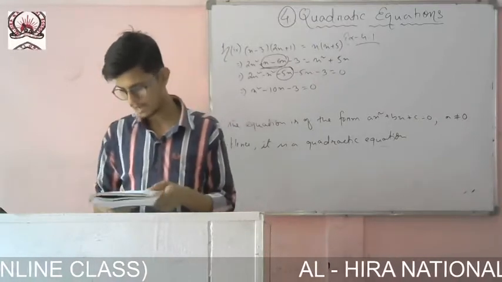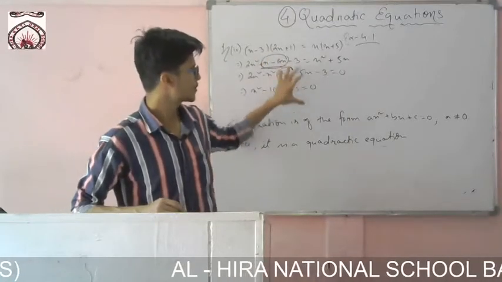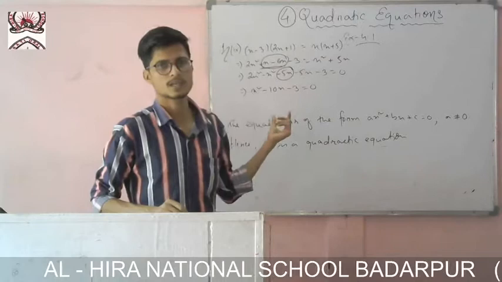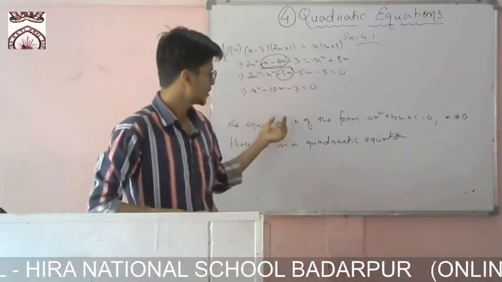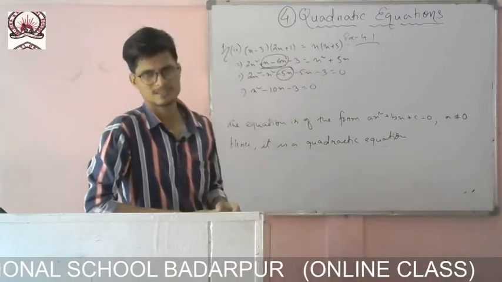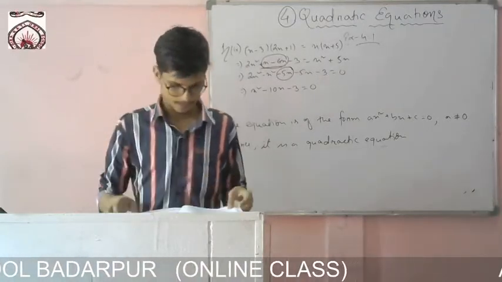Okay, you try it. If you have any problem, then you can contact me. Same like this, you just have to calculate. Then if you see that any part is there with x square, then you can say that yes, a is not equal to 0 and it is of the form ax square plus bx plus c. I have shown you 4 questions, so they all are like this.